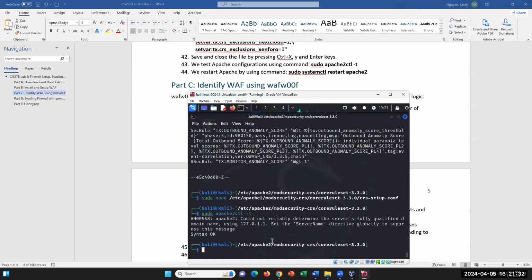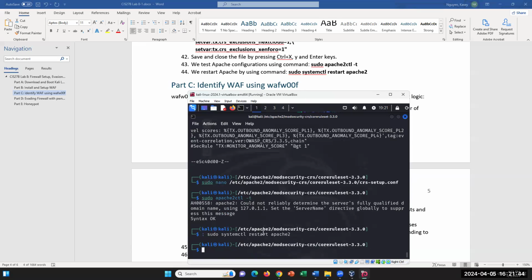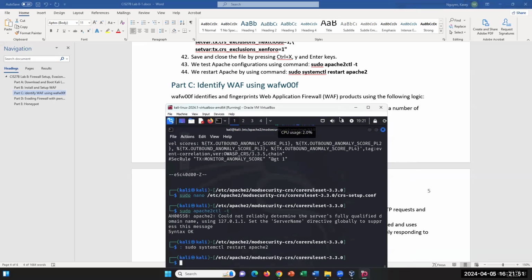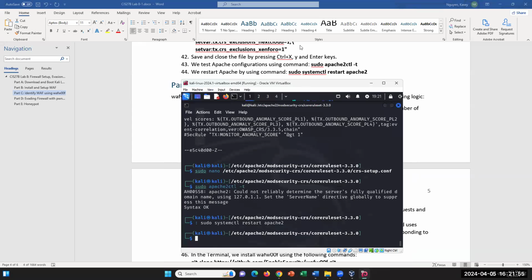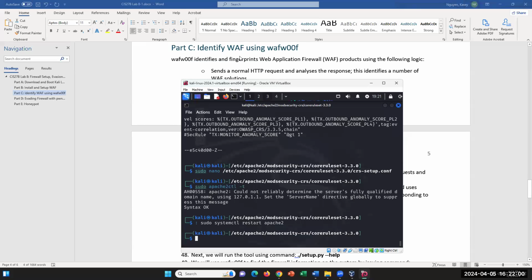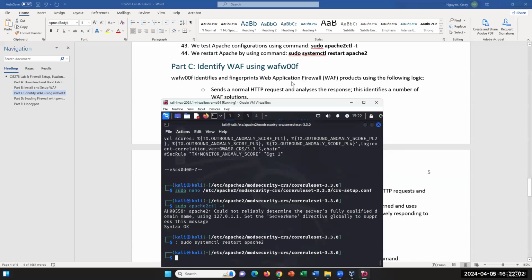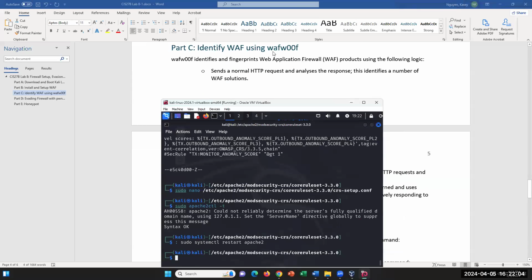And it's still going to display the same message because I don't have a DNS. And I'm going to go ahead and restart my Apache. So with that, we already have a rule set for our applications, and we also have the firewall activated for our web server. Then in the next part, we're going to try to scan our web server with WAF